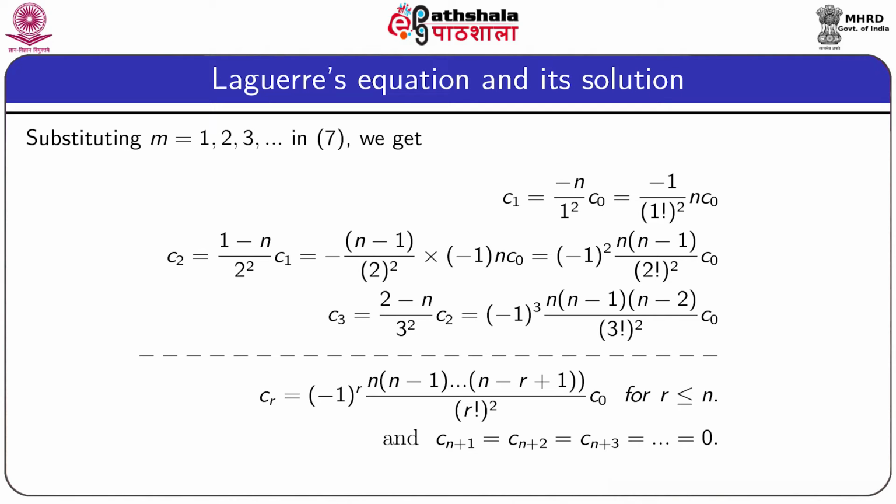In the similar manner, we can show C3 is equal to minus 1 cube n into (n minus 1) into (n minus 2) divided by (3 factorial) square into C0,